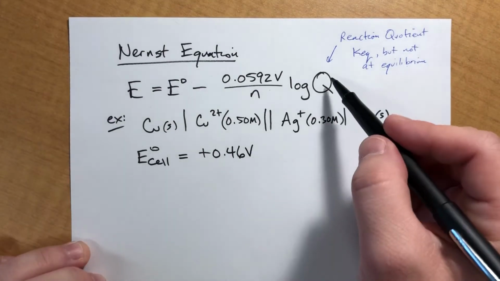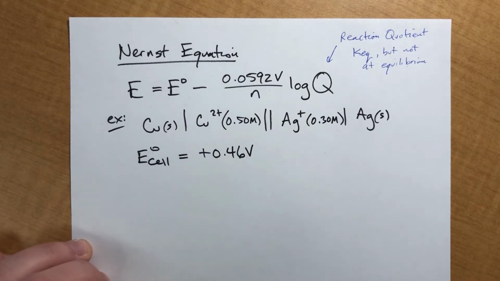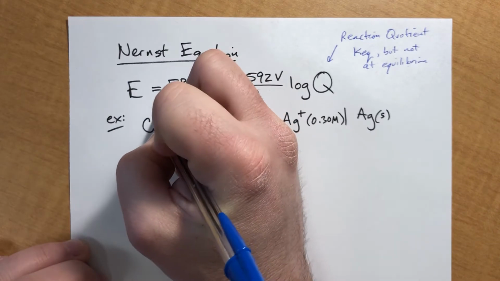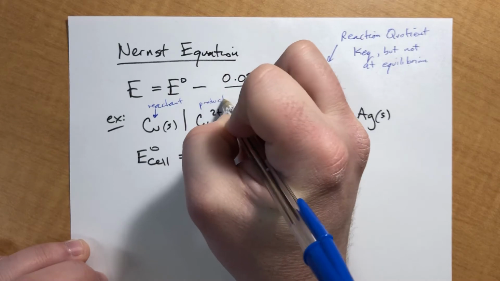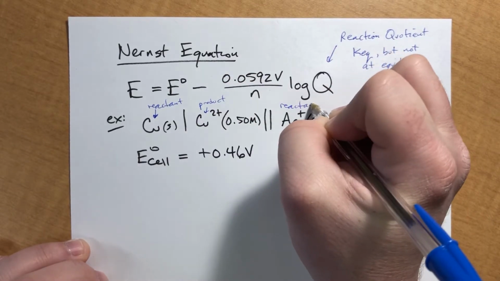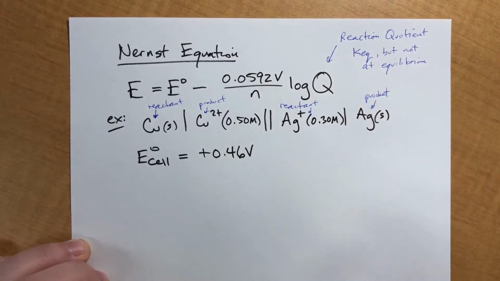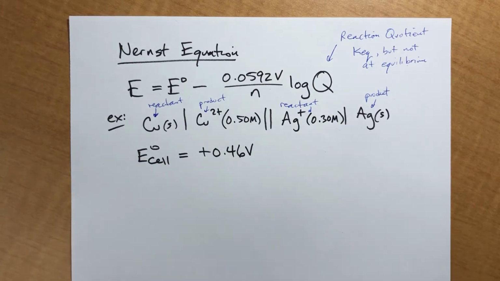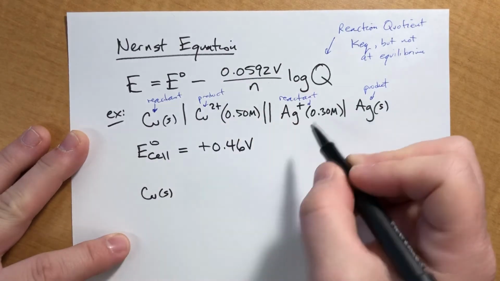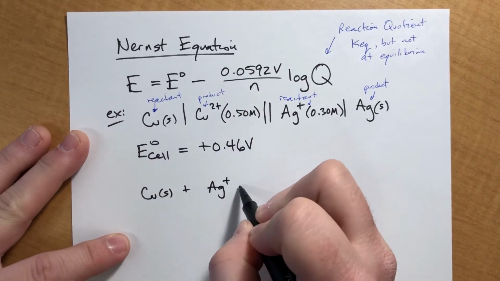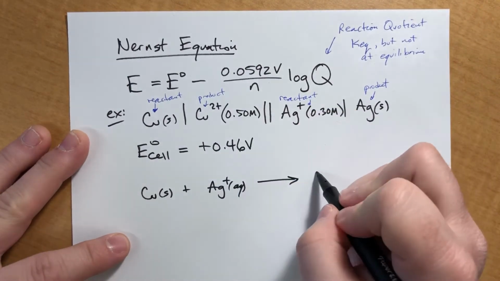The other thing we need to get this Q value is we need to write the balanced equation. So I'm going to review something that I did a couple videos ago. Reactant, product. Reactant, product. Okay, so what we're going to do is write those, and then we need to balance everything. So we have copper solid as a reactant, and we have silver plus, aqueous, as a reactant. And then our products are copper 2 plus,